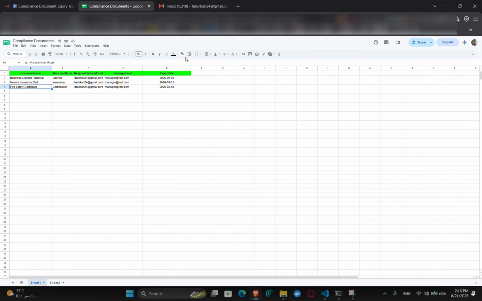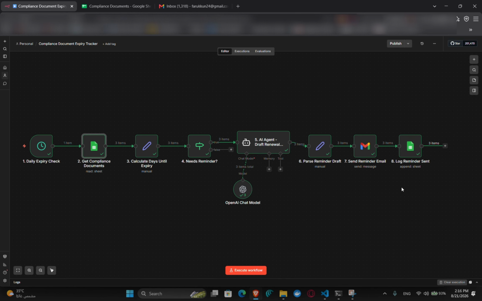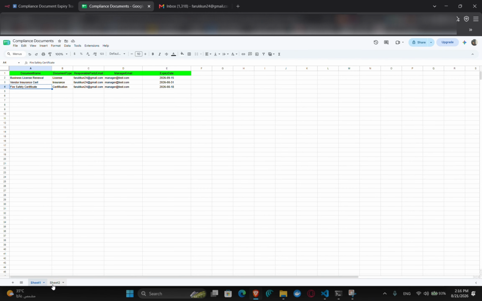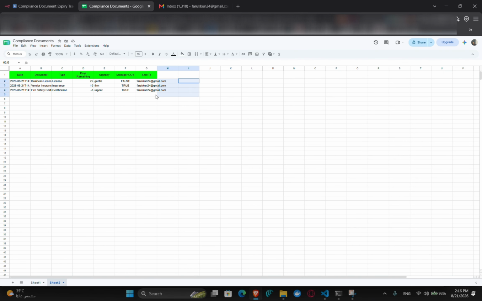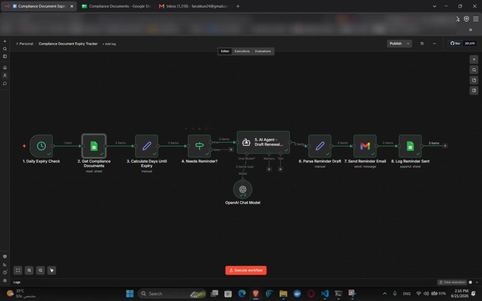For me, I went into ChatGPT. I told him to give me some mock data. He gave it to me. I copy pasted here. This is our first sheet for the data. Now for the second sheet, where we will have the last node, which will log the reminders, whether they are sent or not, it will be here. It usually will be empty, but is now full because we made the workflow work and it gave us